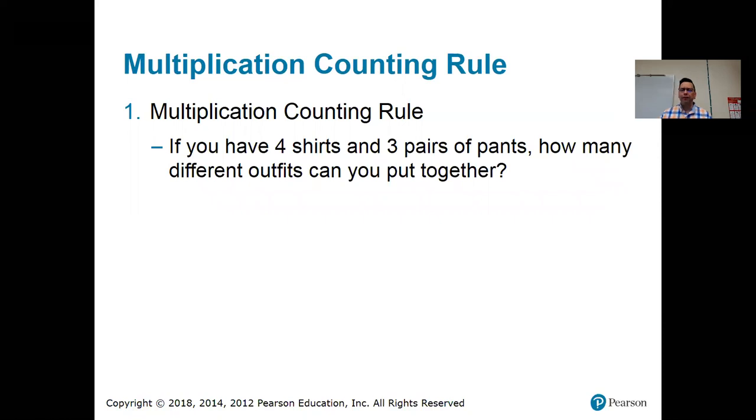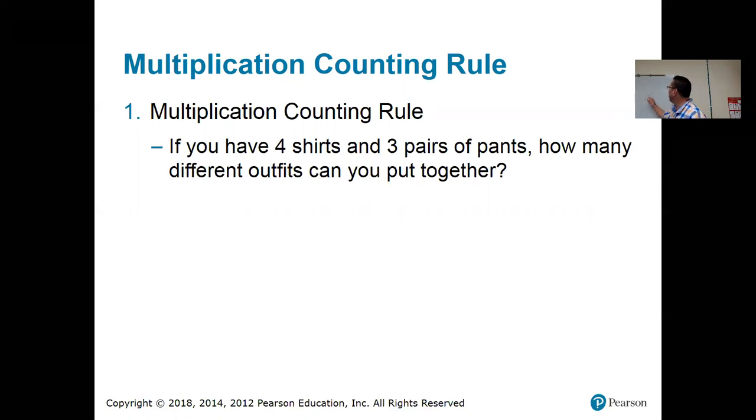So an outfit is determined by your shirt and your pants. If you change either one of those things, it's a different outfit. So think about, do you know how to use the 4 and the 3 to get that answer? And the answer is 12. You can make 12 different outfits. The idea is,